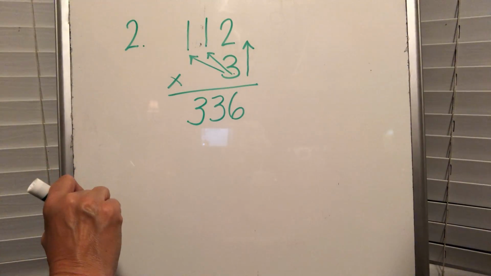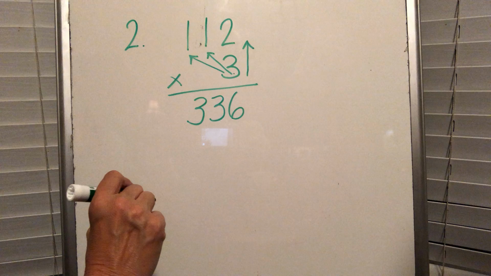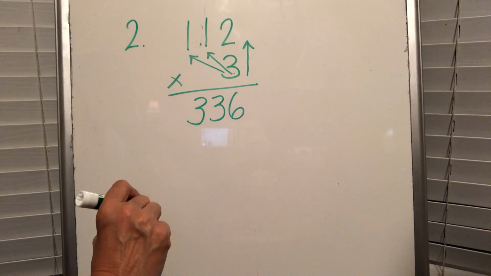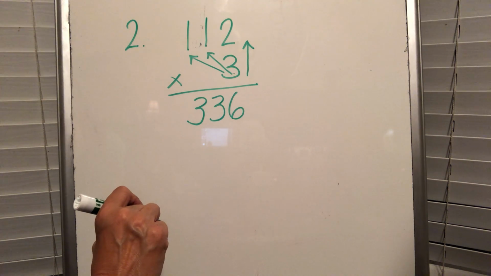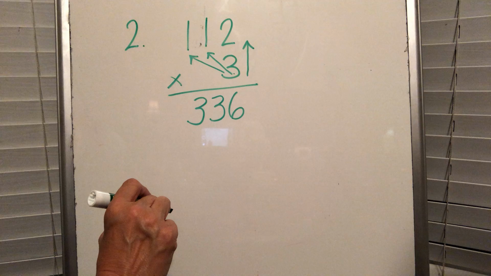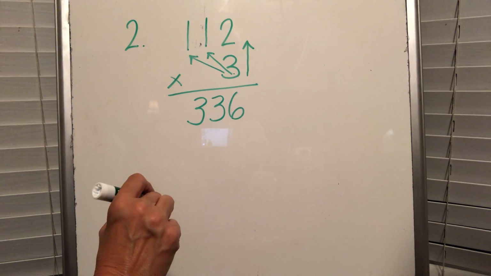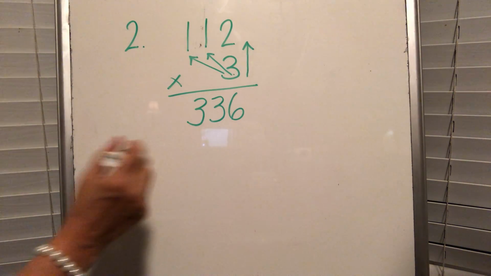Okay? And I know it may seem like I'm going kind of fast, but the more we do it, the more it'll become normal and natural to you, and your parents should be really good on remembering how to do this. And you do not need to draw the arrows every time. I'm just doing that to show you where I want your eyes to go when you're doing this problem, okay? So 112 times 3 equals